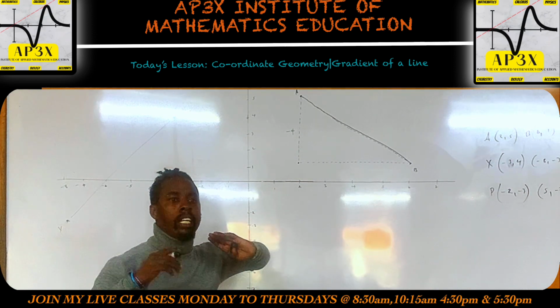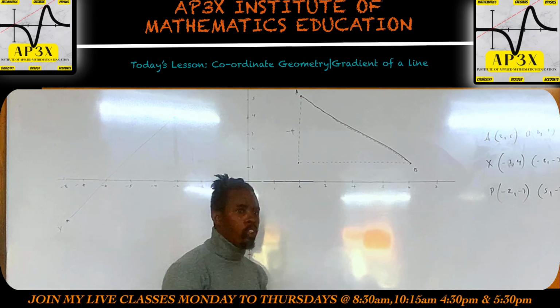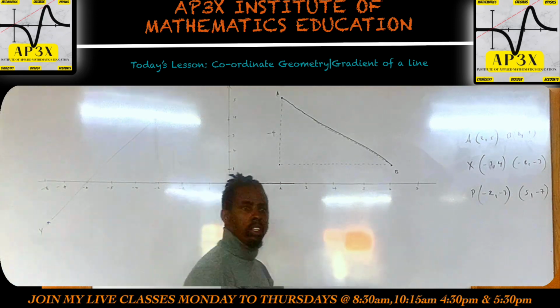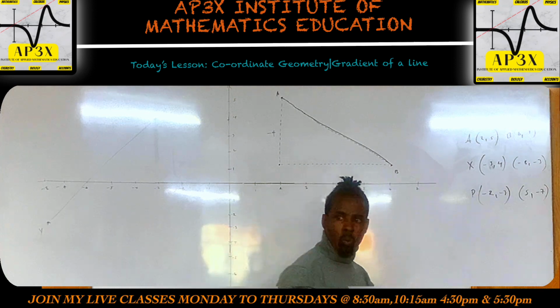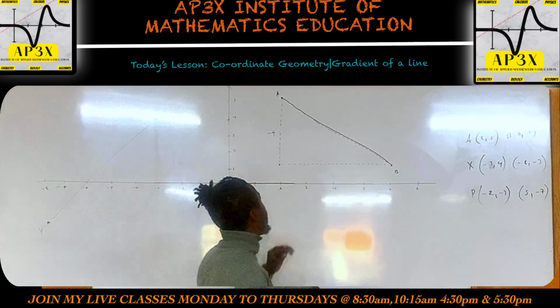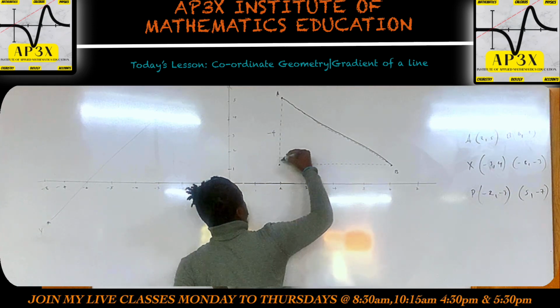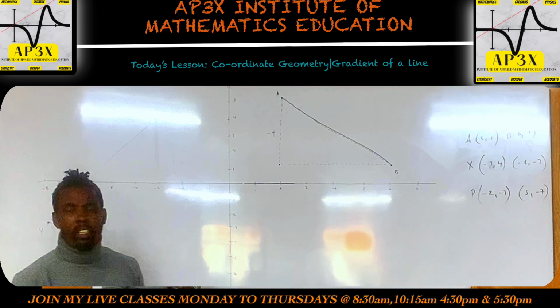Remember that when you're counting, you cannot count where you're starting from. Nobody walks and says walk 10 steps ahead, there you go, 1, 2, 3. If you're going to start walking, you take 1 step ahead. So when you're counting on the graph, it's the same thing. You're here: 1, 2, 3, 4. Any problem? No, sir. Okay.